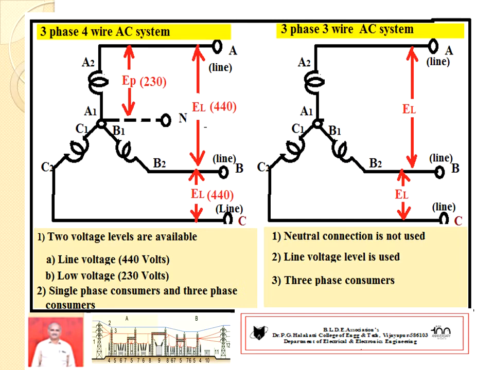In the opposite way, in the three-phase three-wire system there are only three lines, A line, B line, C line. The neutral wire is not used. Such an AC system is called a three-phase three-wire system. It has only one voltage level. Only line voltage is possible because of the absence of neutral.